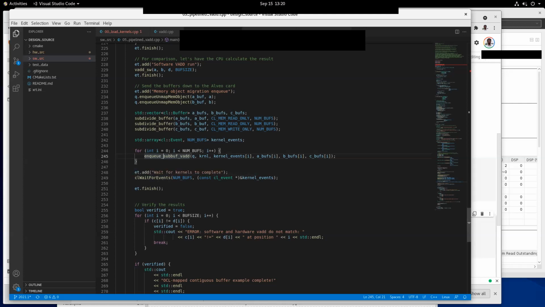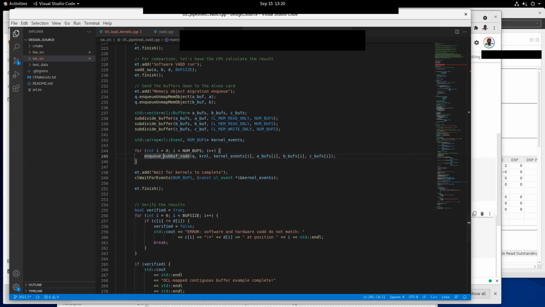We will see what is there in that function. If we divided our whole array into, let's say, 100 subbuffs, then we will be calling this 100 times. Every time we call this function, we enqueue the input subbuffers, launch the kernel, and also launch a data memory copy operation from FPGA to host.